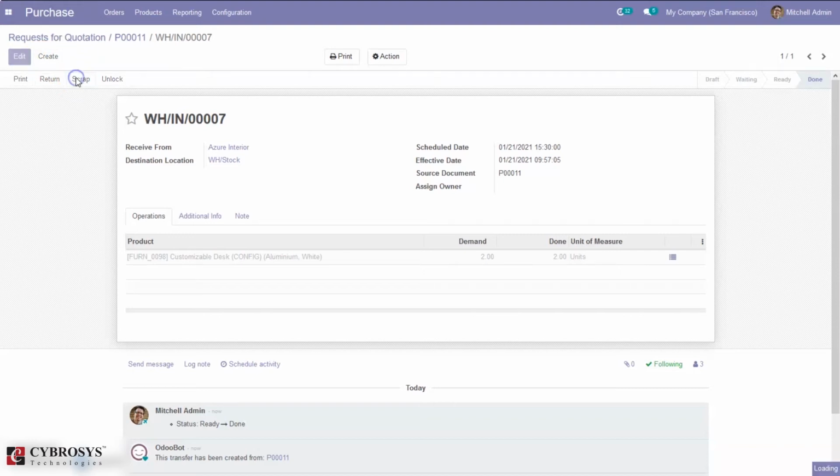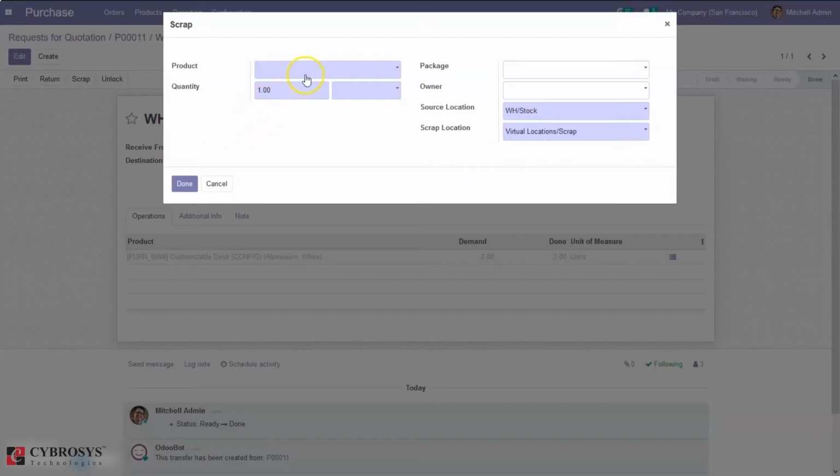Just click on scrap, and you can see a window where we can add the product. We can mention the quantities that are damaged. If we want to pack some quantities, we can add the package name, then the owner of the damaged product.